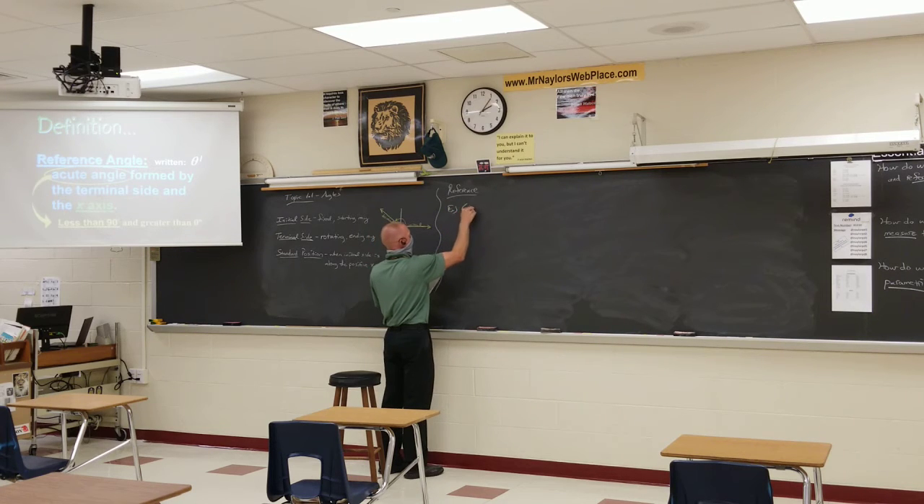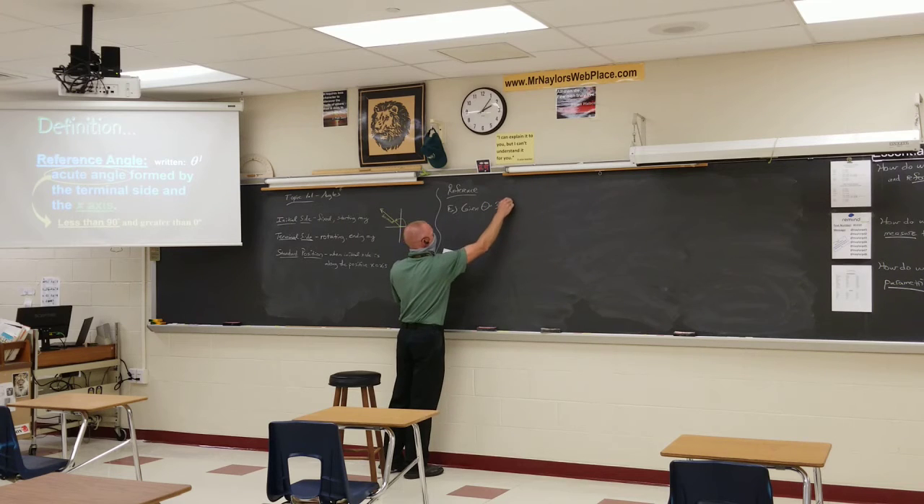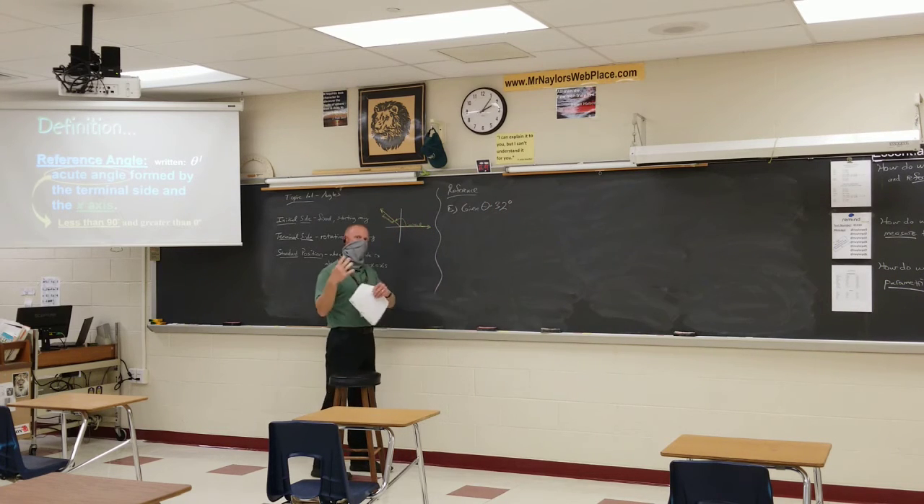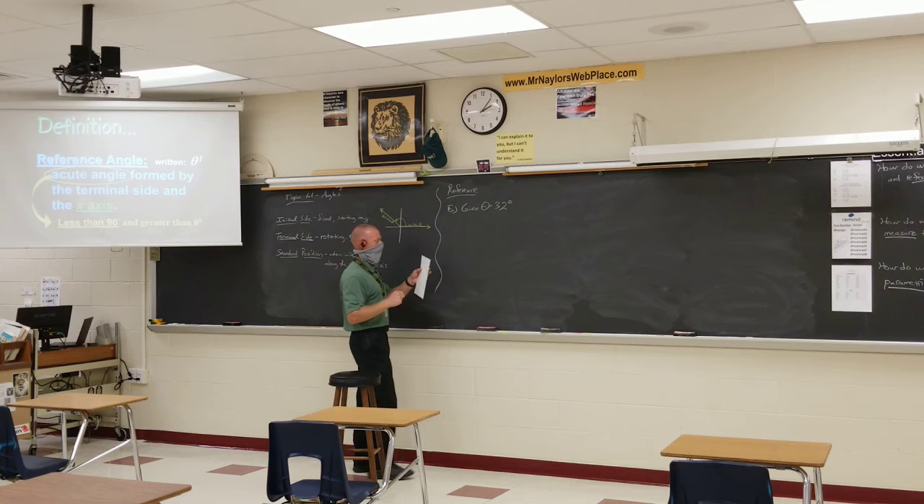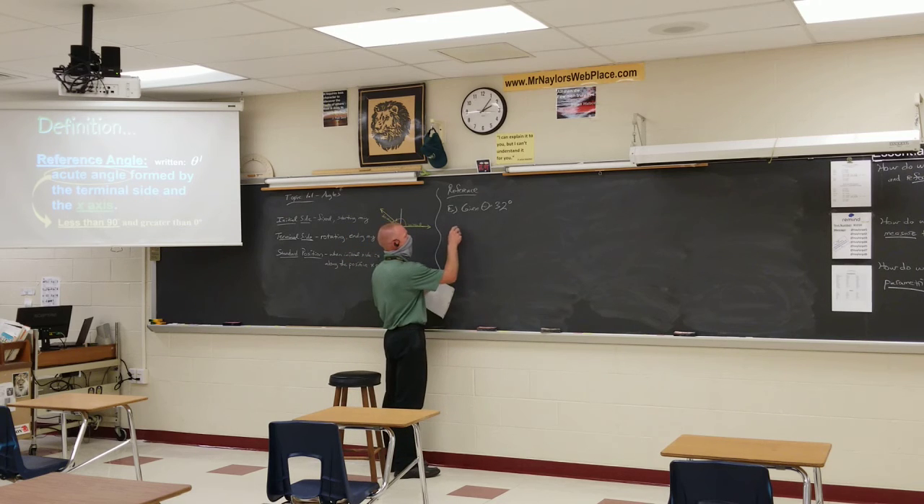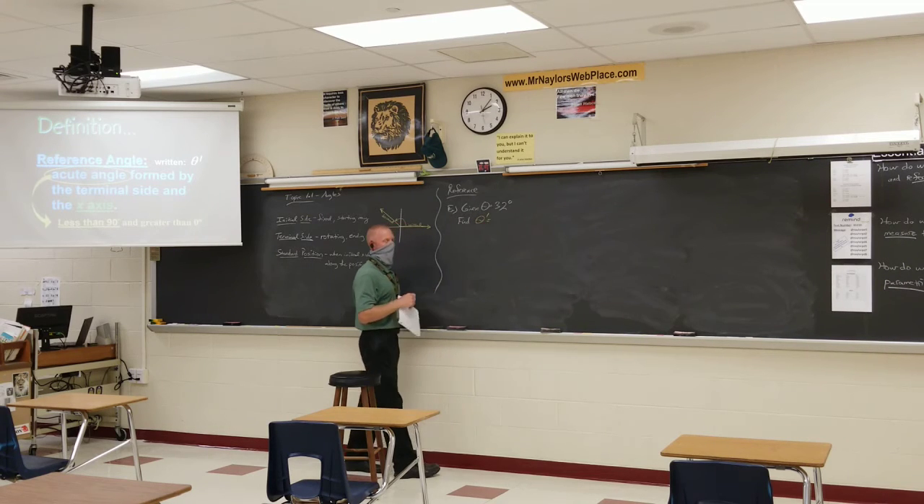If we're given theta equals 32 degrees. Well, this is pretty common to use this structure where we say given theta equals 32, and then we would want to find theta prime. And let's change the color because I'm going to end up doing this in yellow. Okay, well,